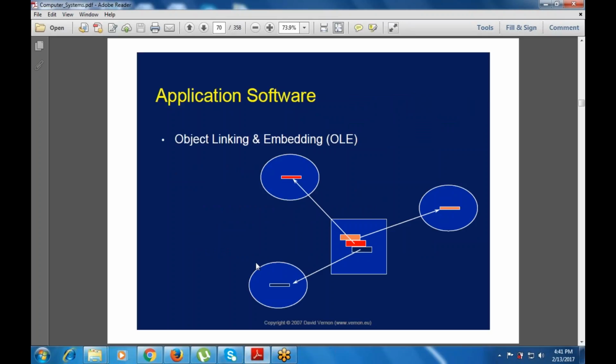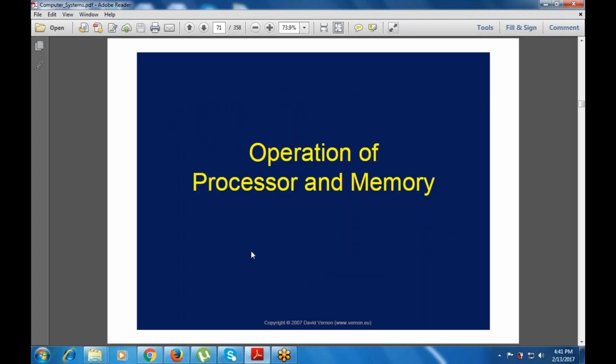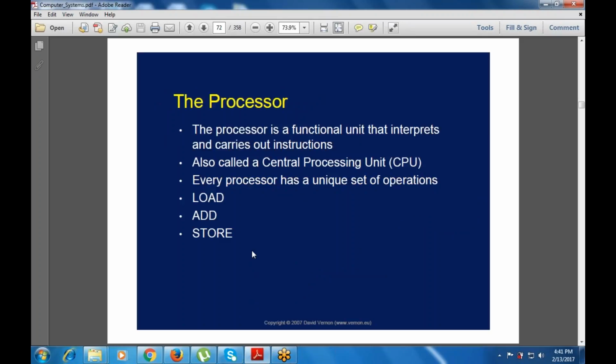The next one after application software, that is OLE, object linking and embedding, is the operations of the processor and the memory. Whatever the operation that we are dealing with, that is the operations of the processor and the memory. Then what is the processor? This is the functional unit that interprets and carries out the instructions, also known as the CPU, central processing unit. And every processor has a unique set of operations that includes load, add, and